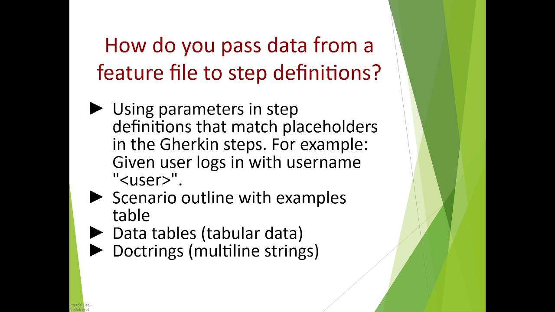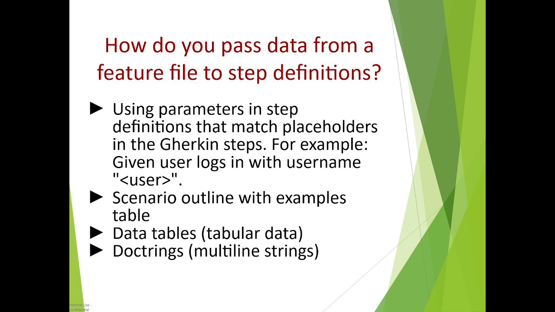questions. So the first question is how to pass data from feature file to step definitions. The answer is using parameters in step definitions that match placeholders in the Gherkin steps. For example, we can use "user logs in with the username" whenever you are creating a feature file. As you know, Gherkin is a syntax that supports Cucumber, and we normally use Gherkin to create feature files in the given-when-then format, and we can basically use tags